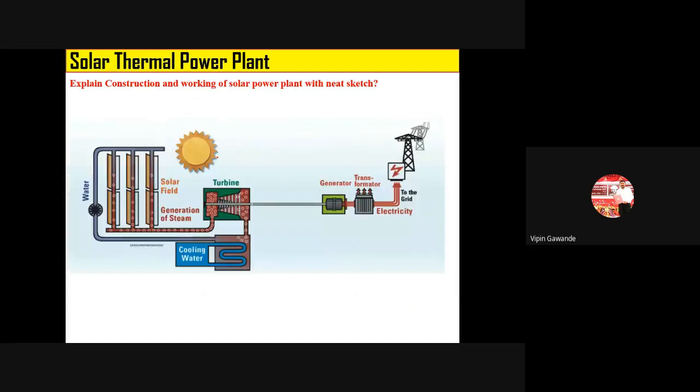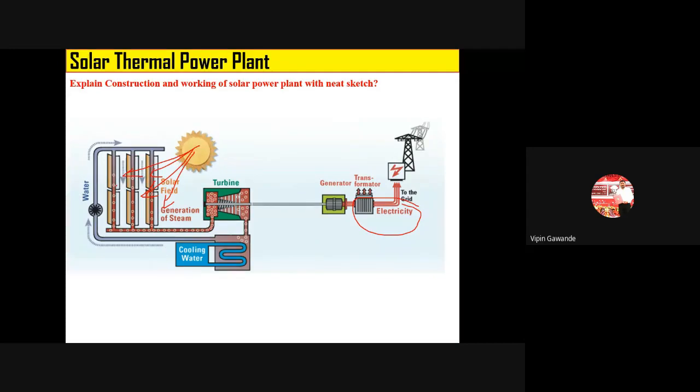Now you see this one. See, this is our sun, and we are here. This is flat plate collector. We will receive the sun rays or radiations from the sun. This solar collector traps that energy. Now that energy is collected using the coolant. The coolant takes that heat, and then that heat is given to the water. Water is converted into steam. Steam rotates the turbine, it rotates the generator, and then there is a generation of electricity. So this is the working of your solar thermal power plant.